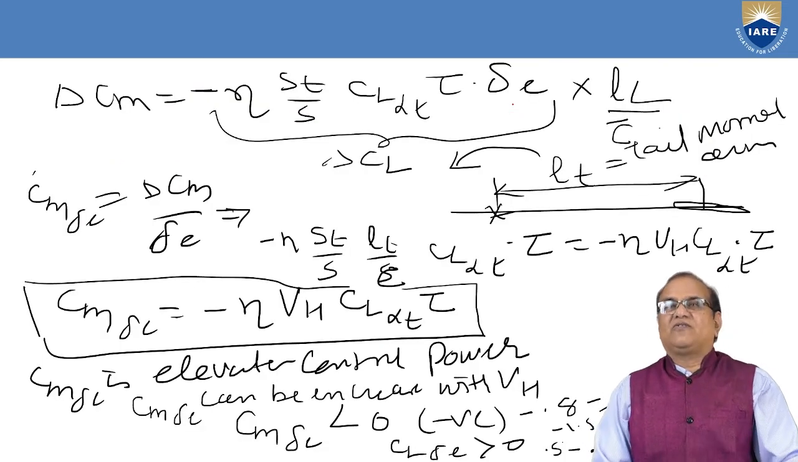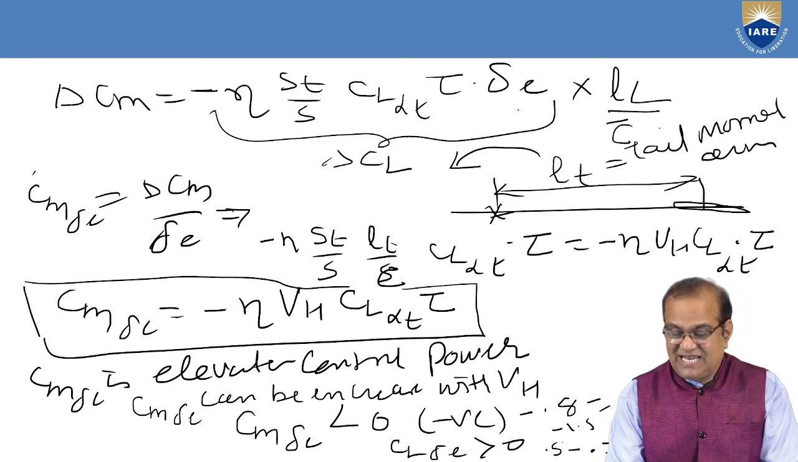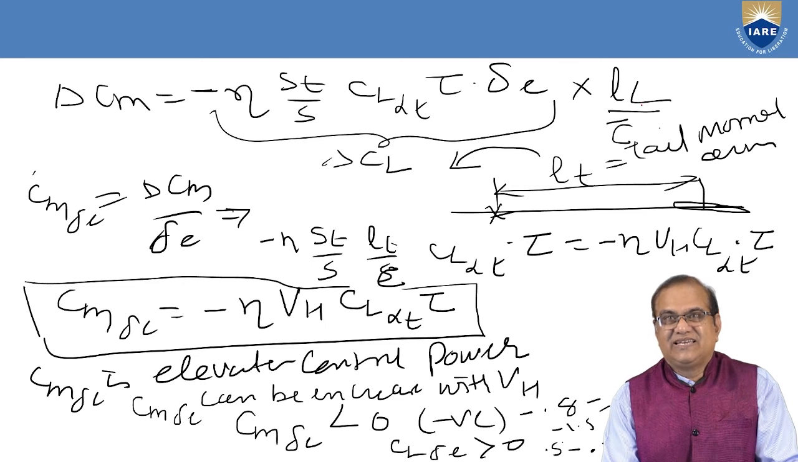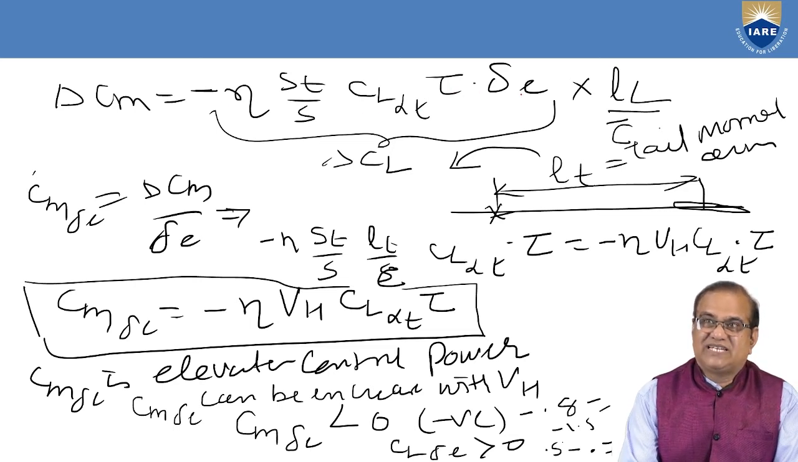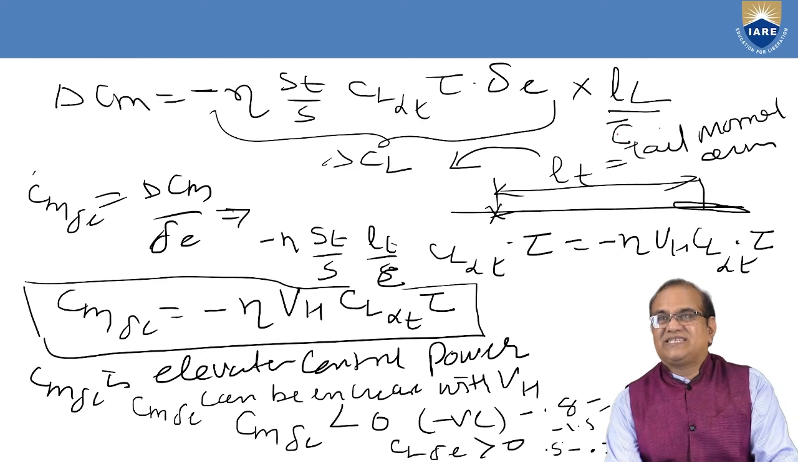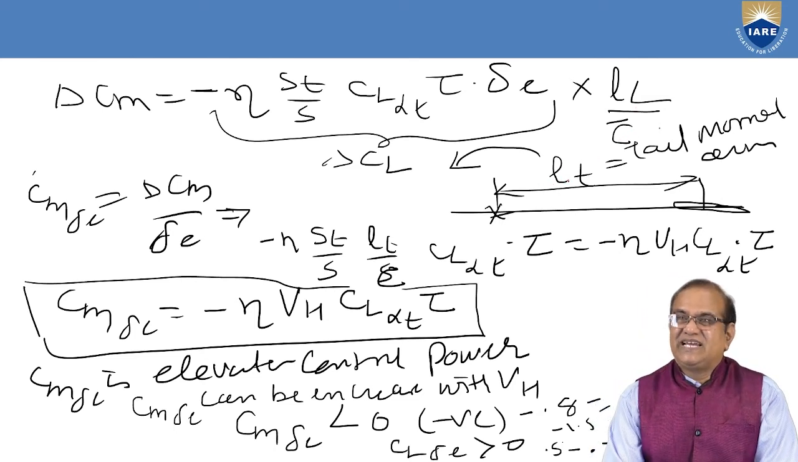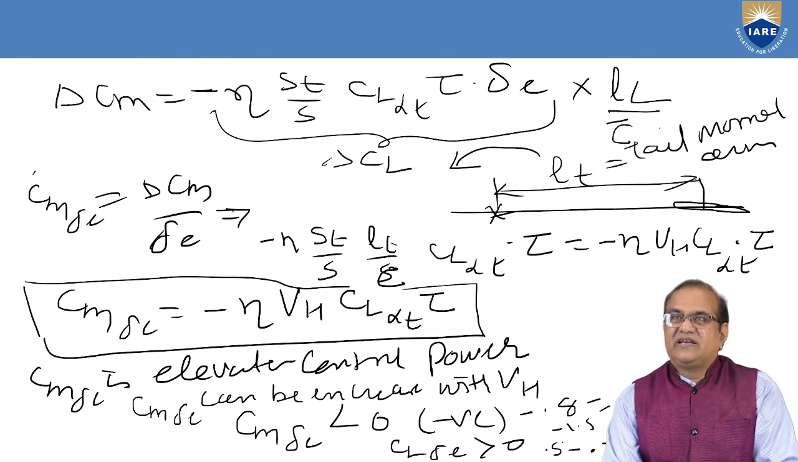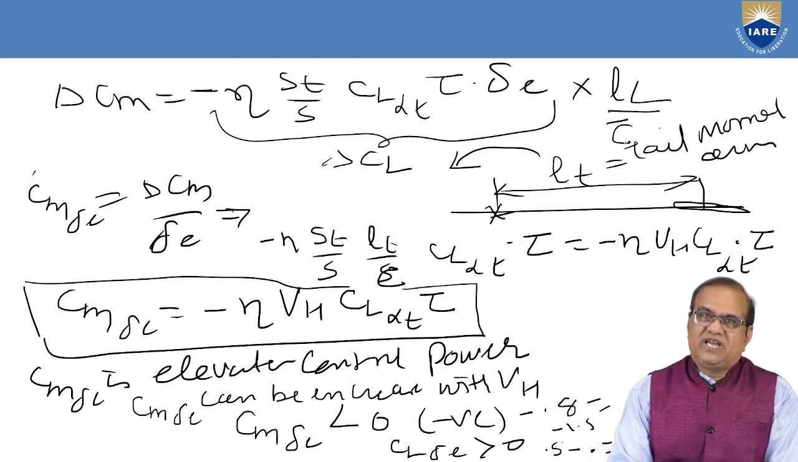So now I want to calculate the delta Cm, and this delta Cm is equal to minus delta CL into LT. We have put the minus because the direction is anti-clockwise. So minus eta ST by S CL alpha T tau into delta E into LT by C bar. In this case, this LT is the tail arm, and